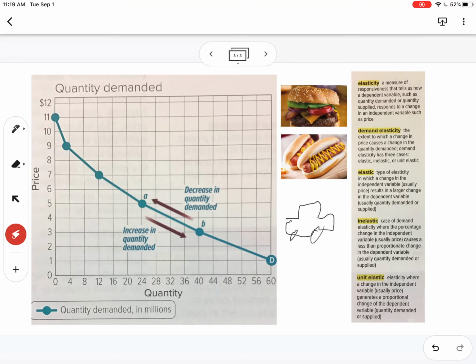So these are two common meals you'd find at a sporting arena, like a ballpark or hockey rink. Now, if hot dog prices go up, you'll probably find that people will buy more hamburgers, right? They'll buy lots more hamburgers. If the hamburger price goes up and hot dogs remain the same, you're going to see more hot dogs purchased. That's the substitution effect. When one substitute's price goes up, people switch and start buying the other substitute item, and